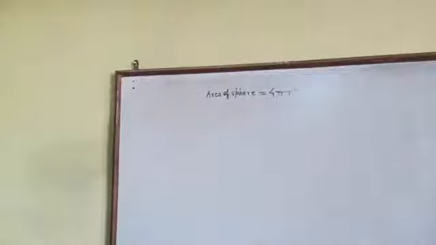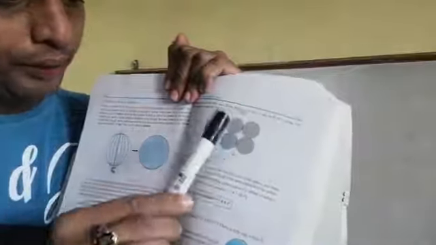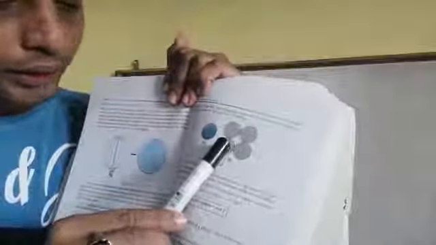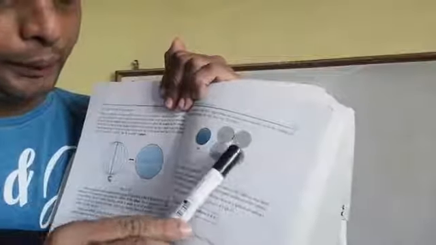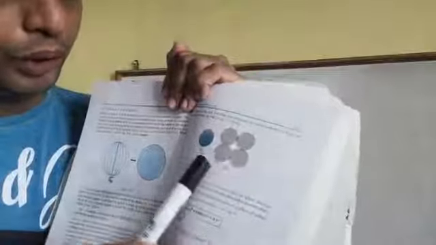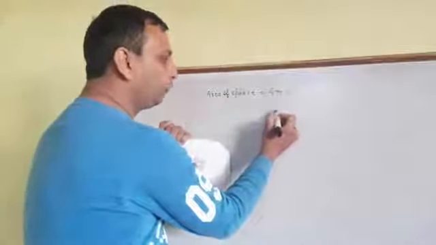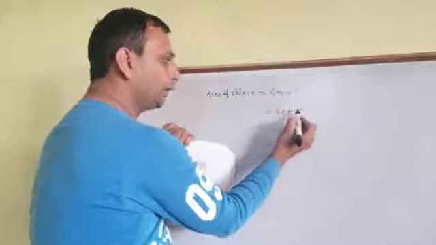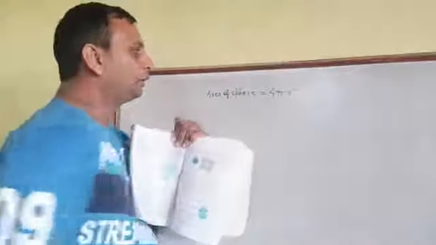This sphere formula came because we have already told. You can see in the book this figure is given, and this is a sphere. It consists of four small circles: one circle, two circle, three circle, four circle, and the area of a circle is pi r square. So pi r square, pi r square, pi r square. How many times? 1, 2, 3, 4. So 4 multiplied with the area of a circle will become 4 pi r square. This 4 pi r square came because we have four circles. So this is the area of the sphere formula.